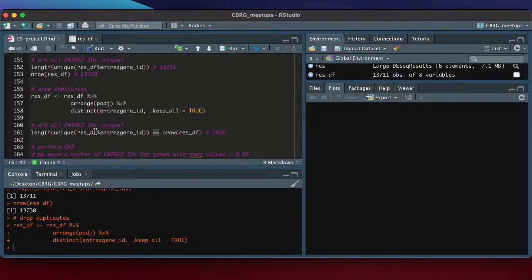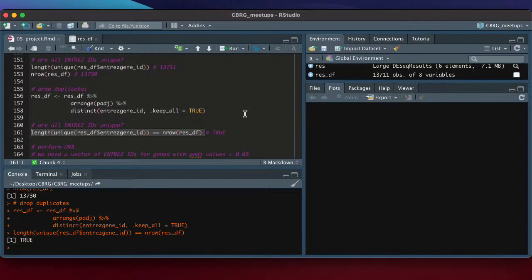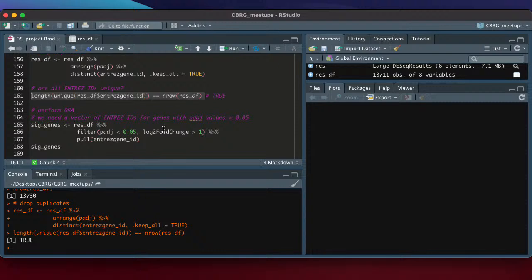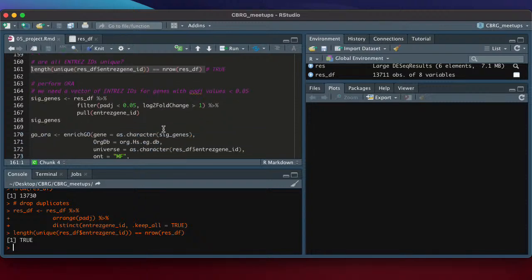We know the left-hand side will be one number, the right-hand side will be another number. And so if we just run all of that, we should get TRUE. And we do get TRUE. So it's a lot of preparation of our data frame. So before I do the overrepresentation analysis, any questions?